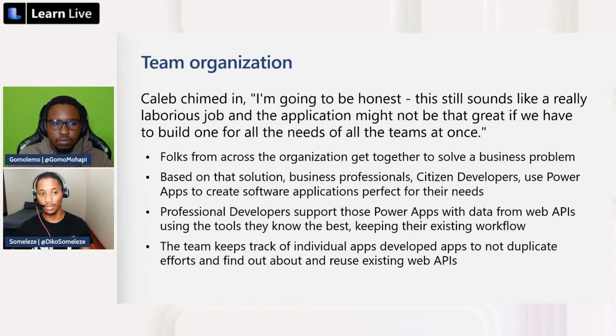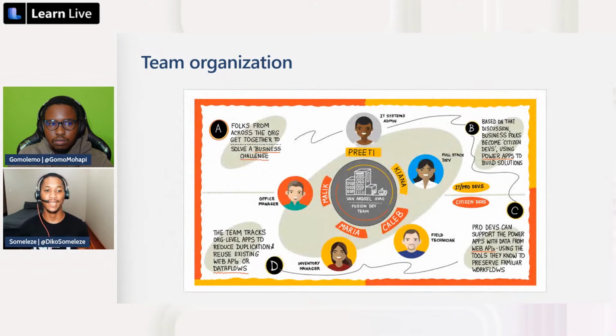When it comes to all of this team organization, you want to first check, is there a software or a solution that's already been built? If yes, then why not reuse what already exists to address that specific solution, even if you're working within a fusion development team? And I think citizen developers actually benefit more from this because professional developers already know this. So, again, when it comes to the team organization, you need to look at the folks